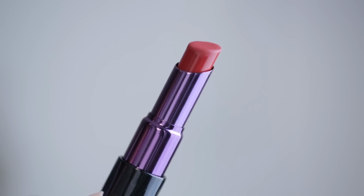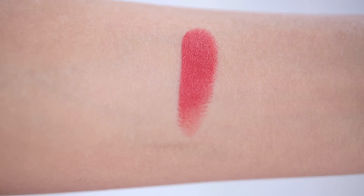Speaking of lips, I know I'm going to get some questions about what I'm wearing on my lips today, and it's been one of my go-to bright lips for sure this month. This is the Urban Decay Matte Revolution lipstick in Temper, and it's almost red. I don't even want to call it a red. When you see it in real life, it actually looks very orange, but like a red orange,